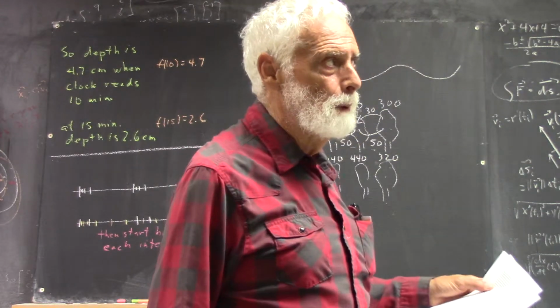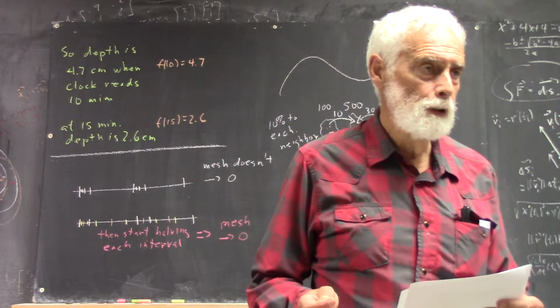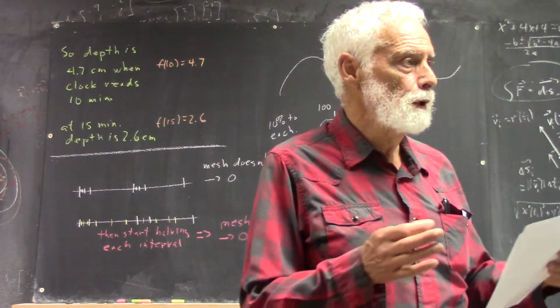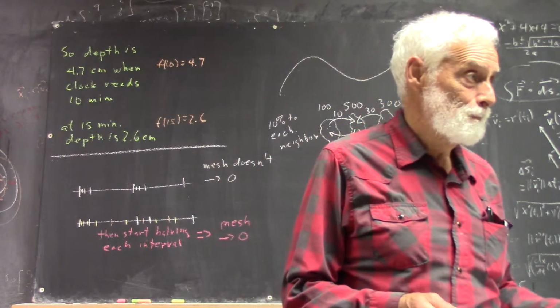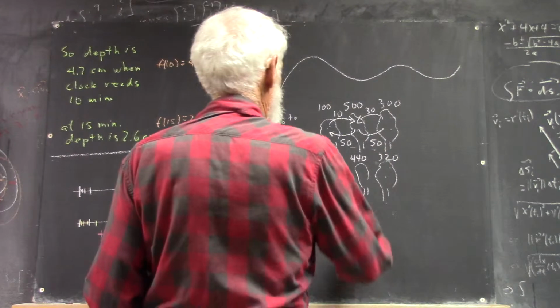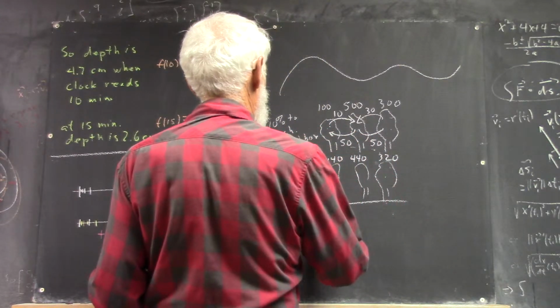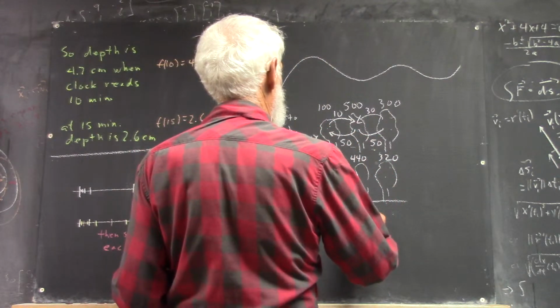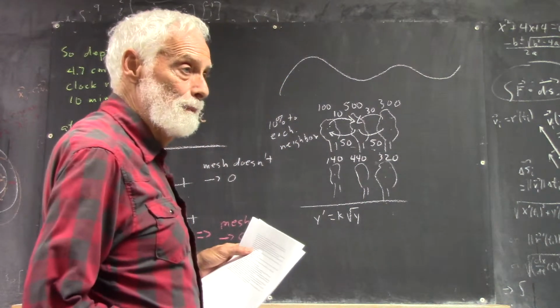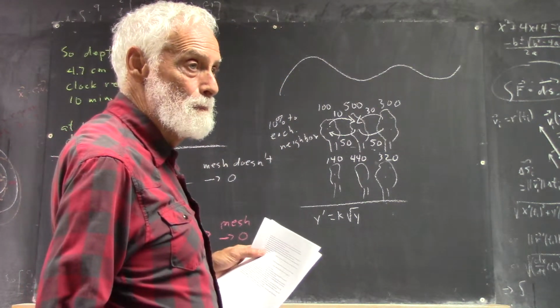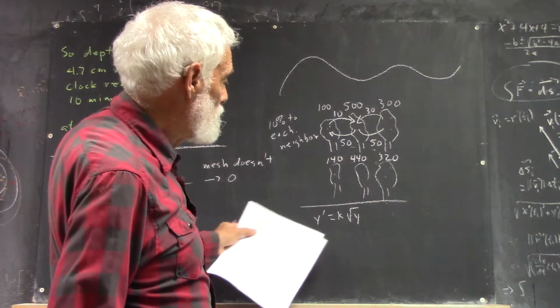Yesterday we did a problem where the rate of change was proportional to the square root of y, right? Just to use this example because we saw this: y prime equals k square root of y, right? Okay? That says